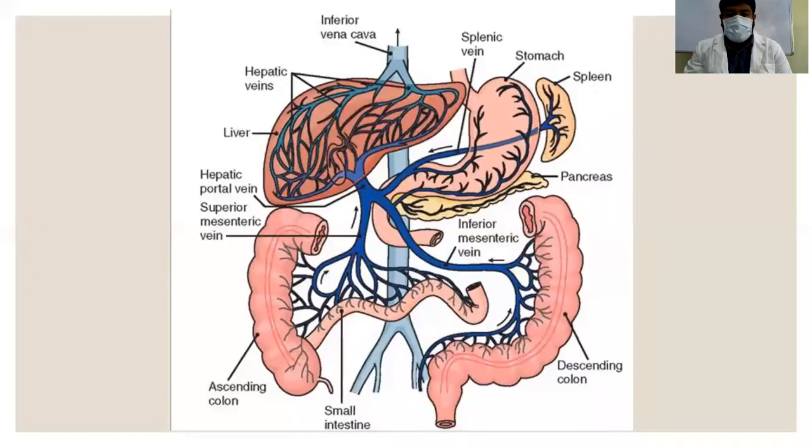And in the liver, what is happening again? The liver is acting as a gateway. It is processing the nutrients and toxins, and only then does the blood leave the liver through the hepatic veins into the inferior vena cava, and from the inferior vena cava it goes into the circulation. It goes to the heart, and from the heart to the lungs, gets oxygenated and returns back. That is the process.